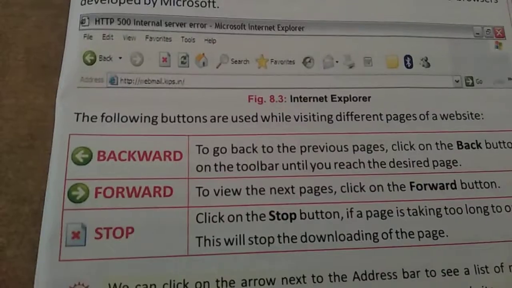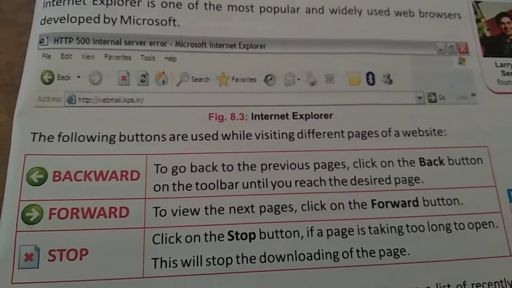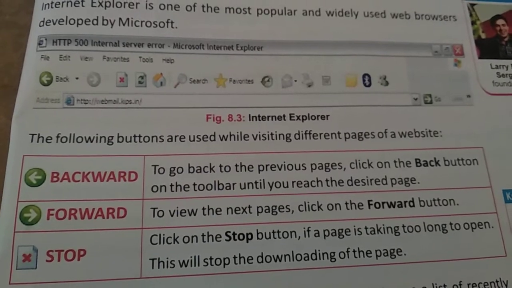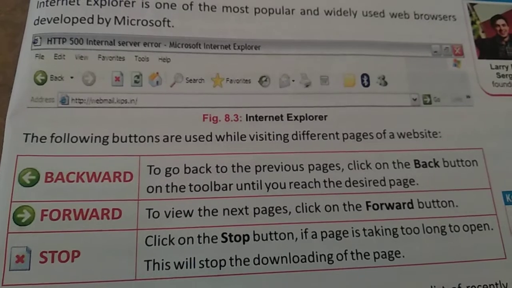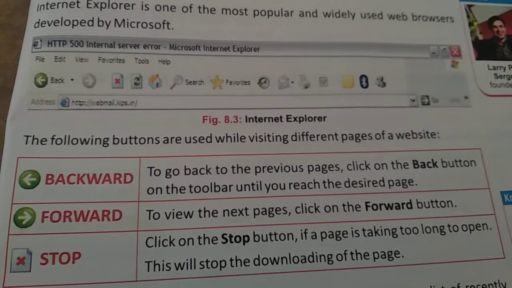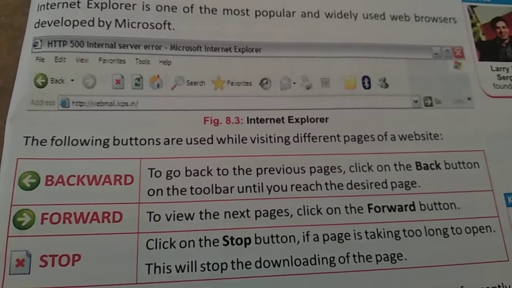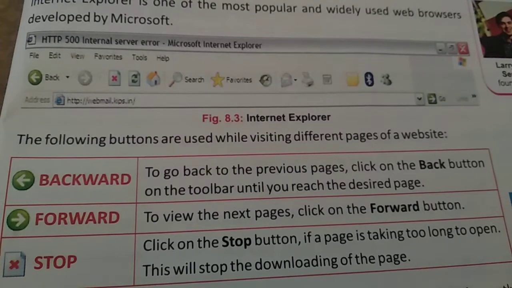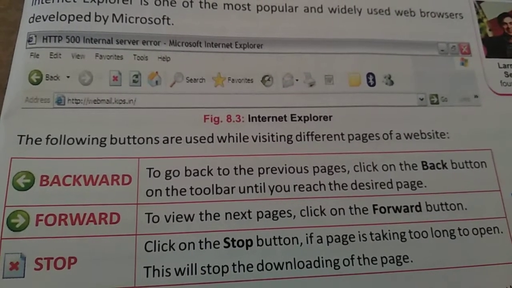Now the following buttons are used while visiting different pages of a website. First are backward, forward and stop. To go back to the previous page, click on the back button on the toolbar until you reach the desired page. Back button means if you click on the backward button, it will take you to the previous page, the page that was opened earlier.